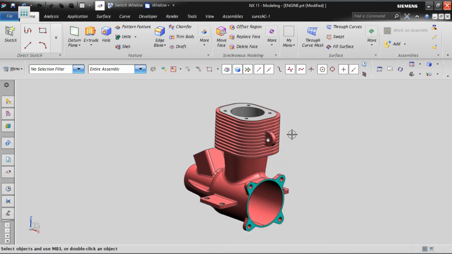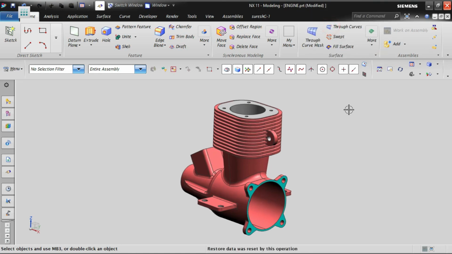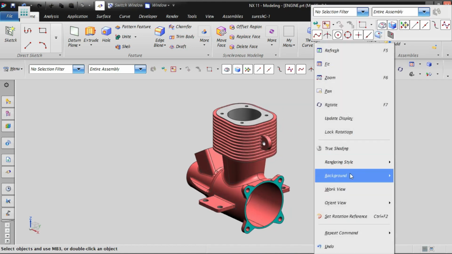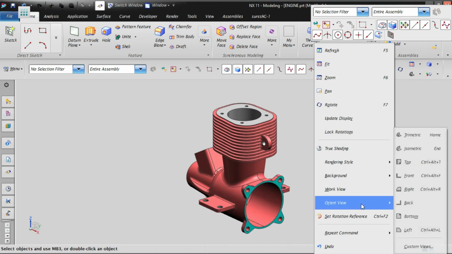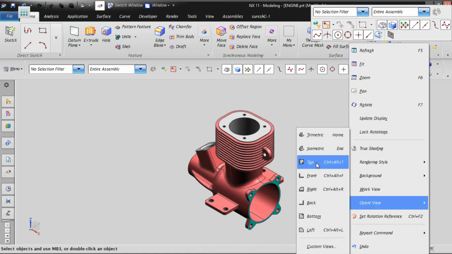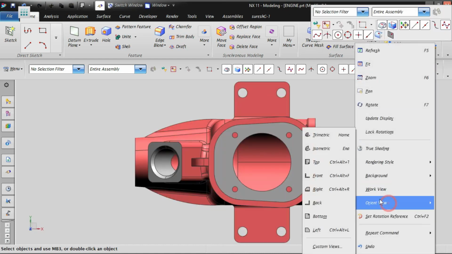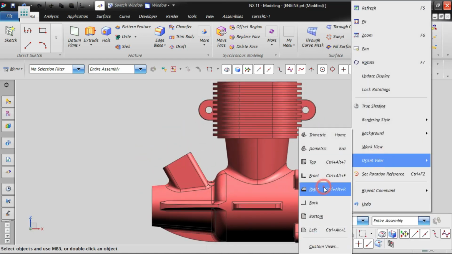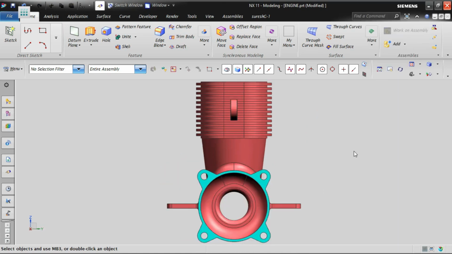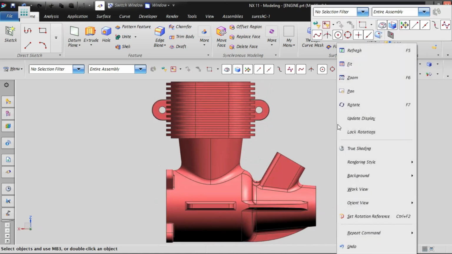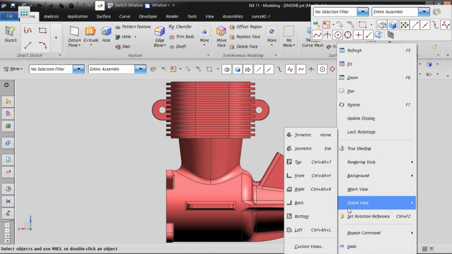Suppose you want to change the background color into red or yellow or blue or some other colors, we have a setting for that, which we will see in the upcoming classes. And the next one is actually we have orient view and replace view. These two options we'll see as a separate session, since we have seen most of the options now, so I do not want to mix up. In the next session we will see about replace view and orient view as a separate session.